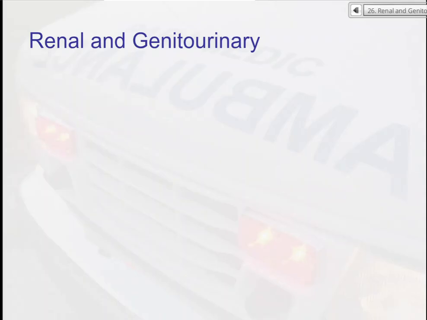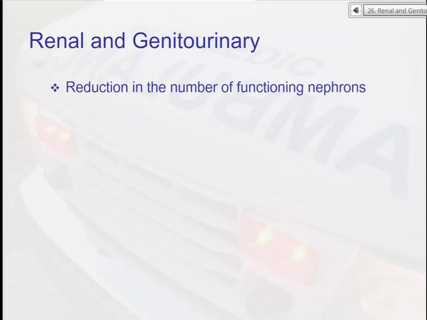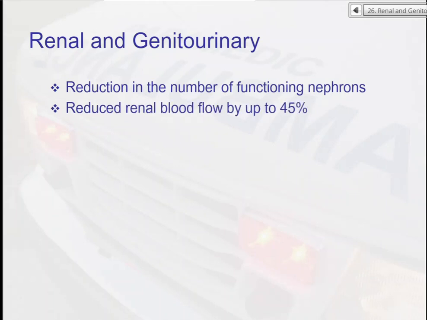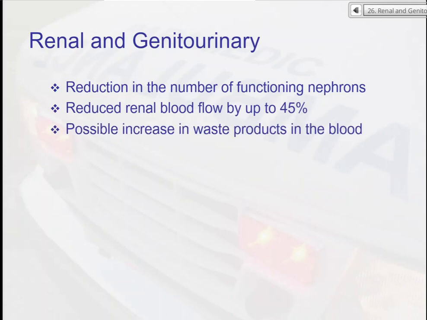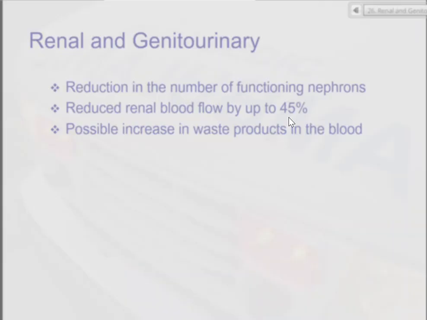In terms of renal and genitourinary issues, they have a total reduction in the number of functioning nephrons, so maybe decreasing kidney function. Reduced renal flow can be as high as 45% in the elderly, and so they may have increased waste production in the blood. If you've ever had a patient on